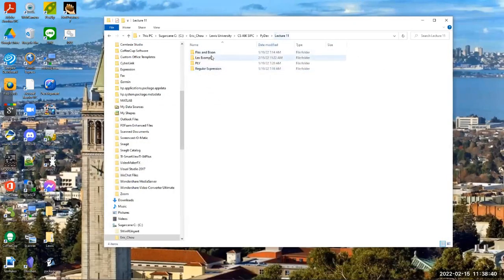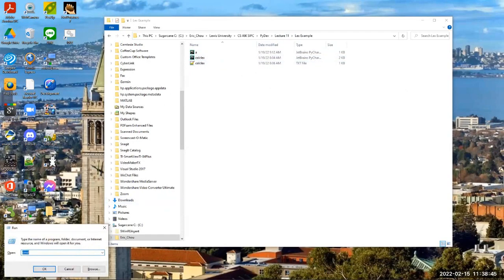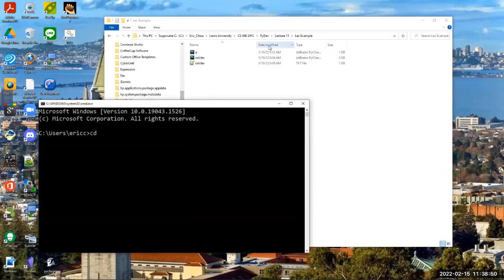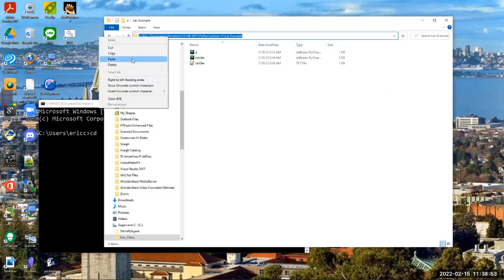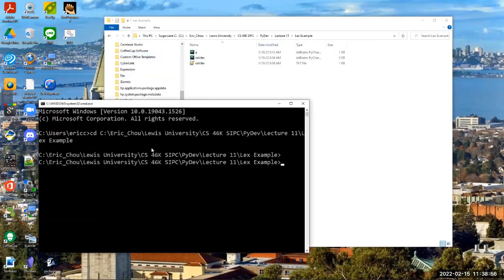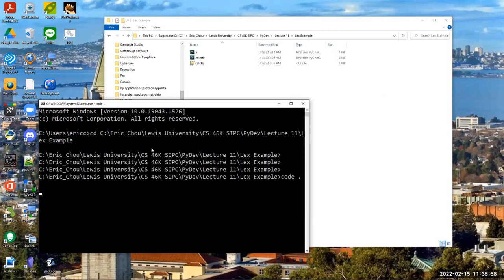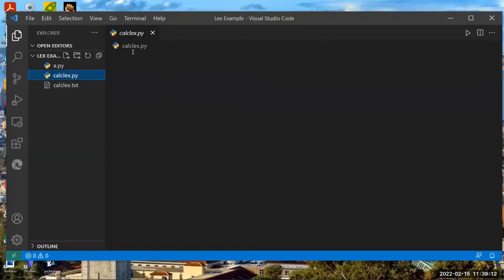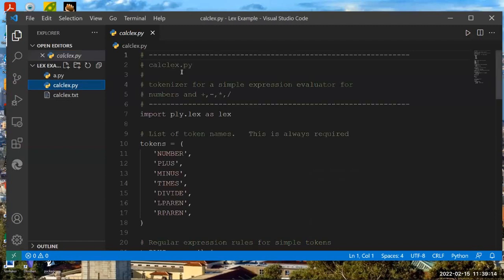So here in my lecture 11 example, I have the Lex example. So right here, let me hit the Windows R key, bring up the command line, and then do cd, and then copy this path, and then put it over here. And we run code. Okay, over here we have this one. It's called calculator lex.py. It imports the